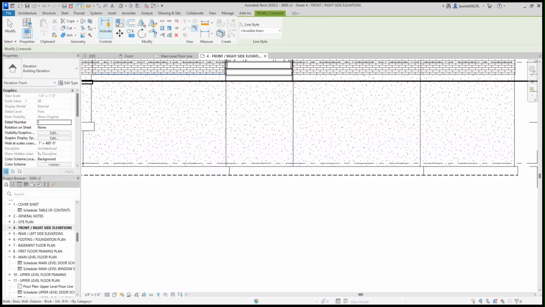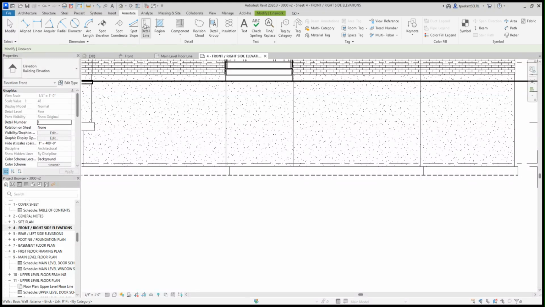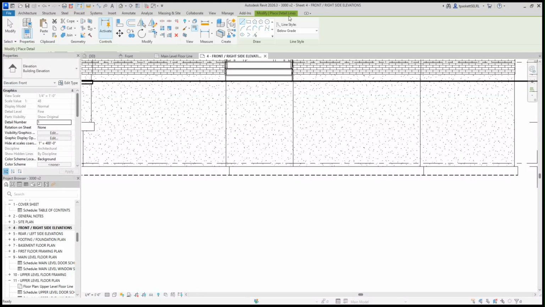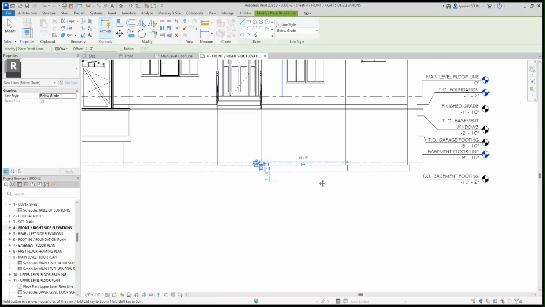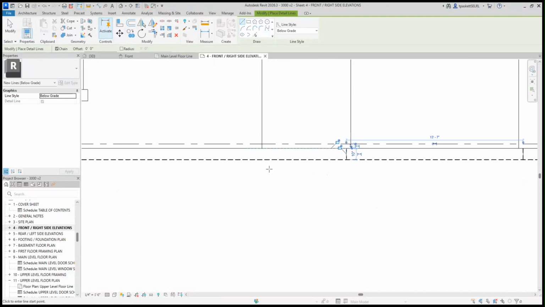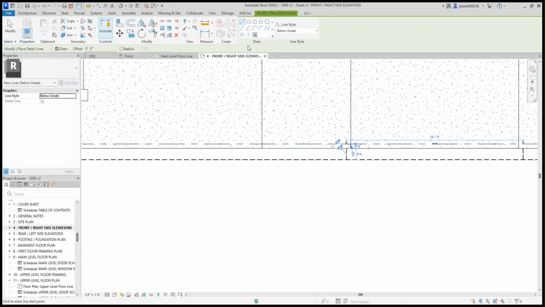Okay, then we go back to Annotate, Detail Line. Now we're already on our below grade, so I'm just going to draw over the top. Now it's heavier than what those lines are, which is good. So it'll dominate, which is also good. And we can then work that out just a little bit. Now these others that actually did what they're supposed to, when they do pick line,